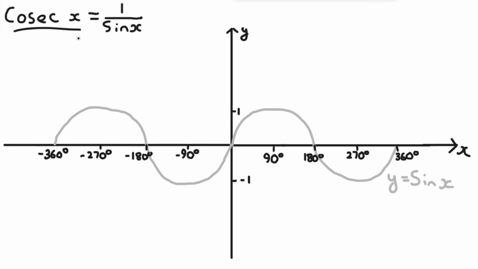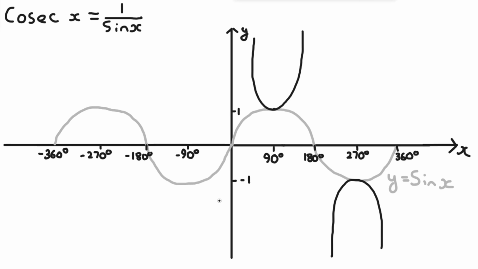Now let's do the graph of cosec x, which is equal to 1 over sin x. So again, I've started with the normal sin graph here, and it's the same looking graph as before. We've sort of mirrored it in the line y is equal to 1, where it starts at y is equal to 1, and then it comes up quickly, and then up again here, and then here it comes down quickly, and it's the same here. Here it comes down quickly as well. And then it's the same here, where it comes up quickly,